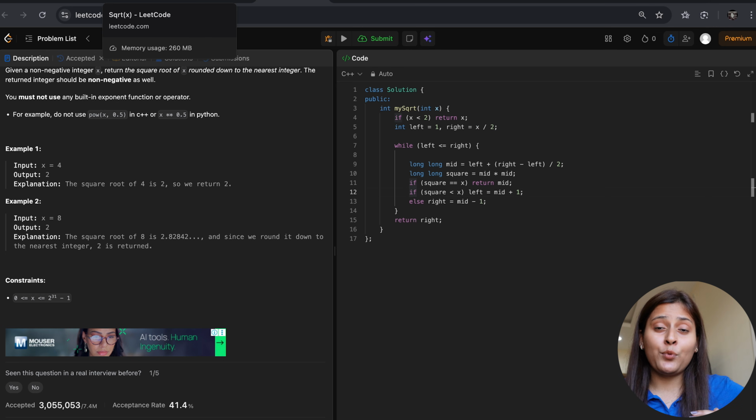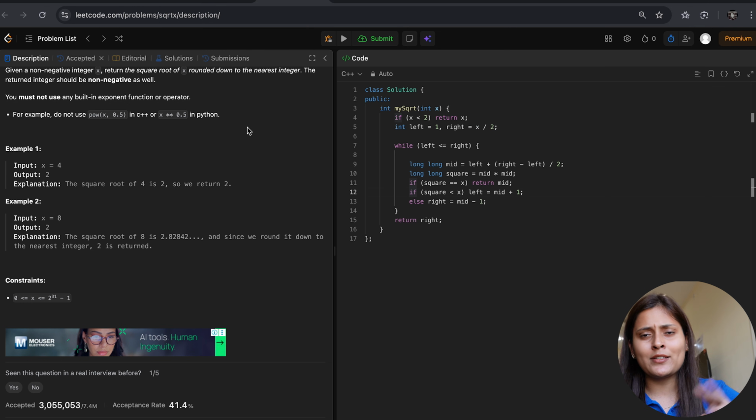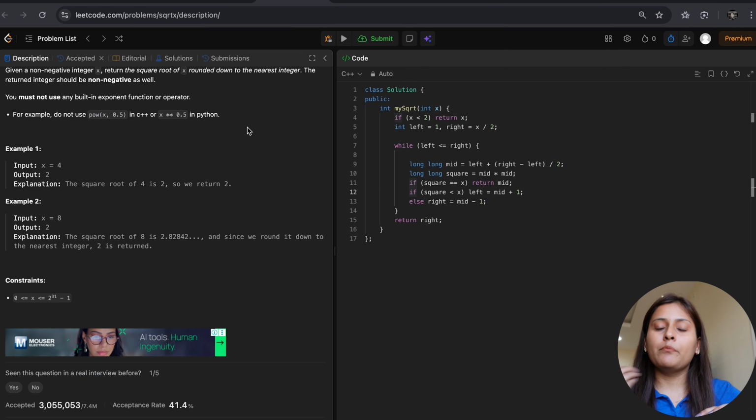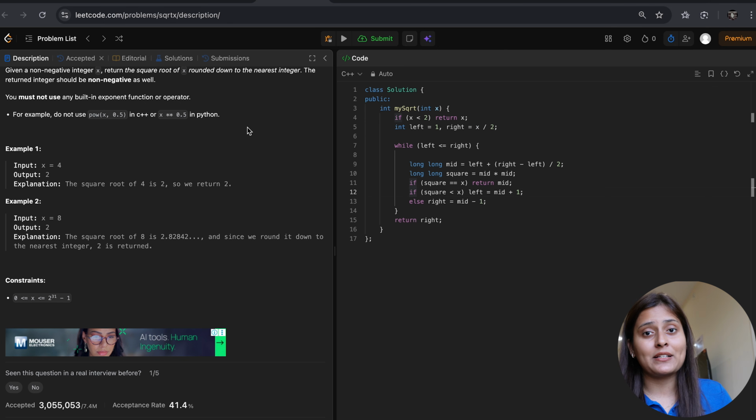So one by one I have broken down all the points: how to decide the mid calculation, what to do when the number will be in range, like how integer can go out of bound, so how to handle it with long, and so on. I hope this video was helpful, and the same code you can do without the binary search logic also. But why did we do this? Because it is important to understand that in such cases we can freely think of binary search, and the time complexity will obviously be log of x, because x can be a number from 0 to 2 power 31, so log of x will be the time complexity.